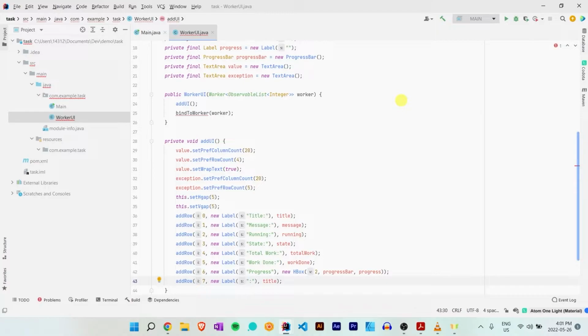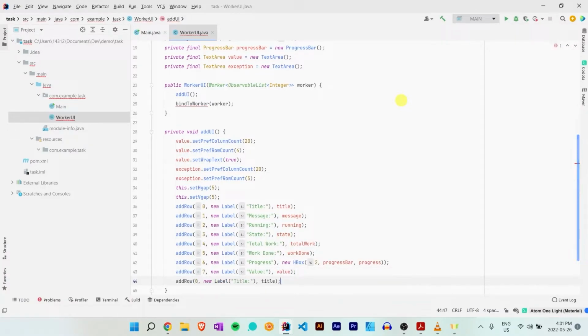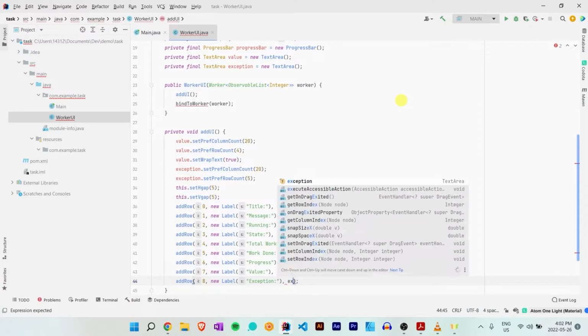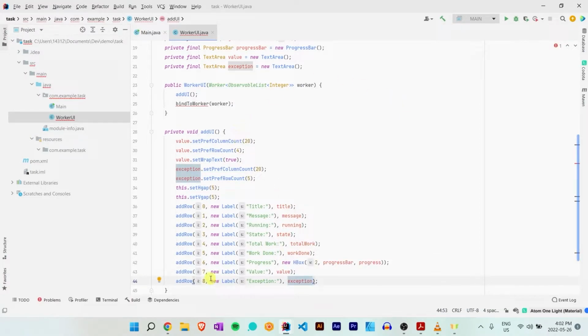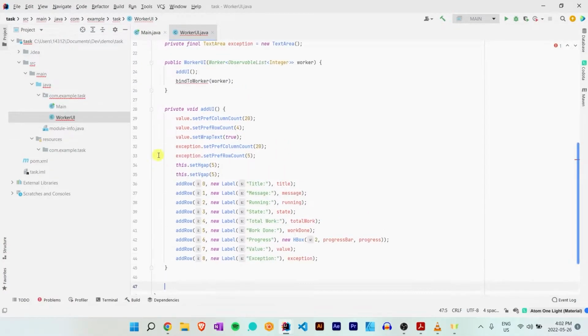and then this will be value, and then we'll add the value text area and 8. Okay, this will be exception, and we'll have exception. So we have 8. Okay, we're starting from 0, so there's 9 properties. Okay, fine, perfect. After adding them to our UI, what I'll do is now we need to create this other